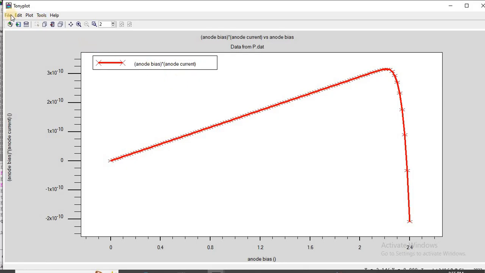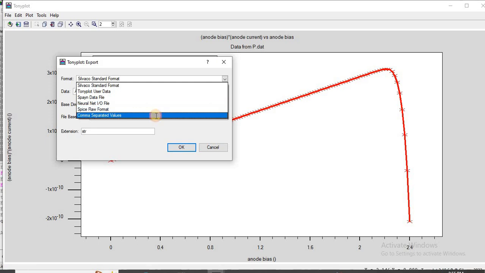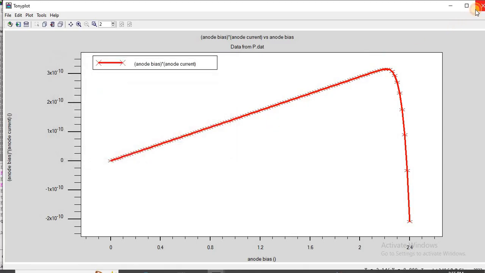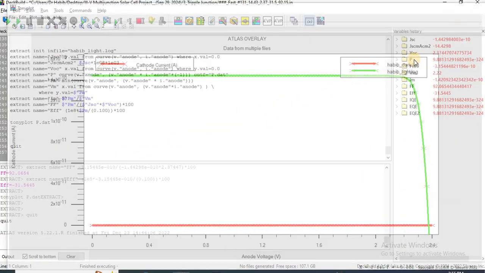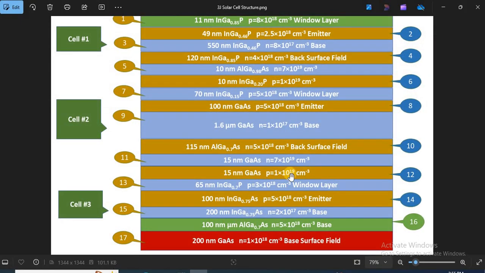Similar to the IV characteristic, you can also go to File, Export, click on CSV, go to that corresponding folder, name this file, and export in an Excel format, and then later you can plot that in Origin. So that pretty much winds up this